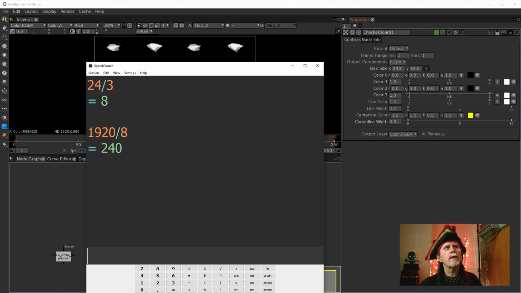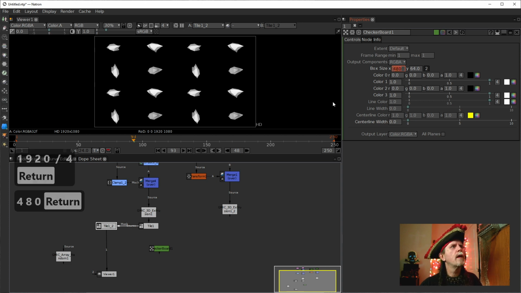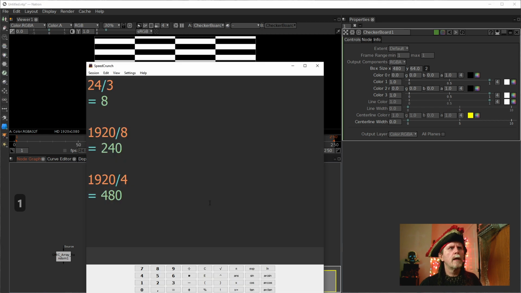You know what it was? I looked at this 8 right here, and 1920 divided by 4 is 480. So we want this to be 480. 480, and there we go. Wait a minute. Oh, we're not looking at the thing. There we go. 480, and then we want to take the same thing and do the vertical,